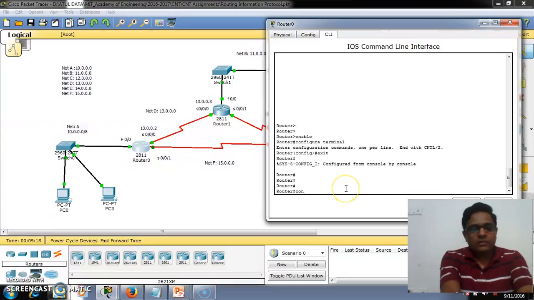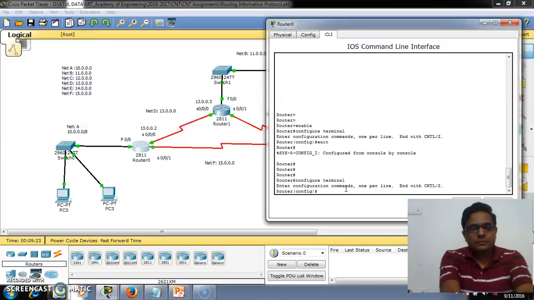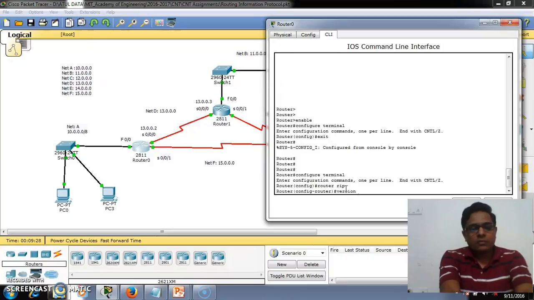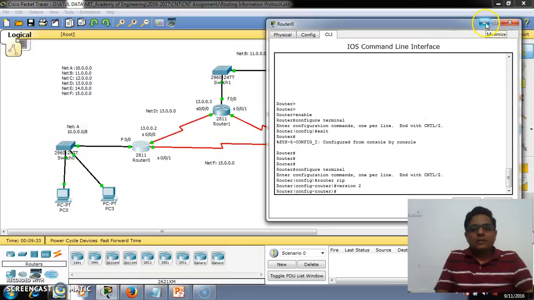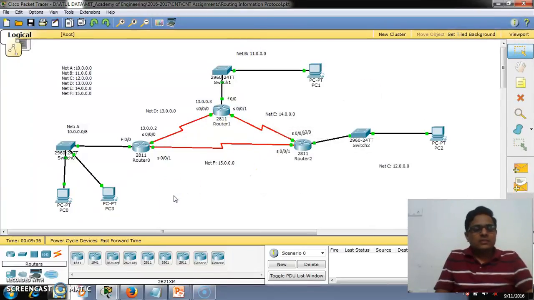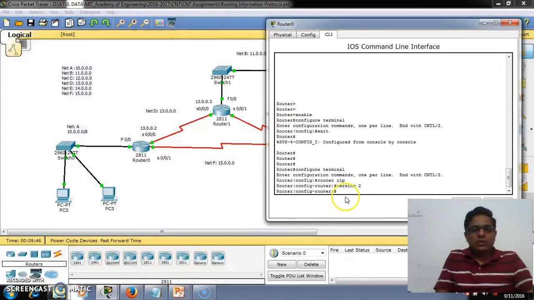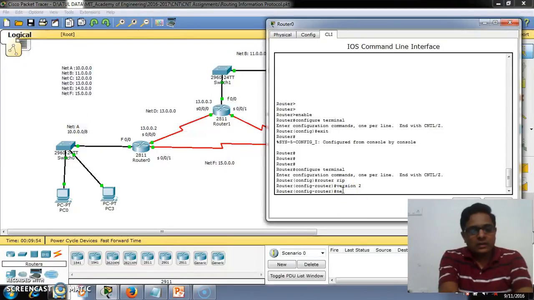We need to go to the configuration mode: configure terminal, router RIP, version 2. Once the router RIP protocol is selected, the concept says that we just provide RIP with all the three directly connected interfaces. For our case, for this router, the directly connected interface is network A. So we shall write network